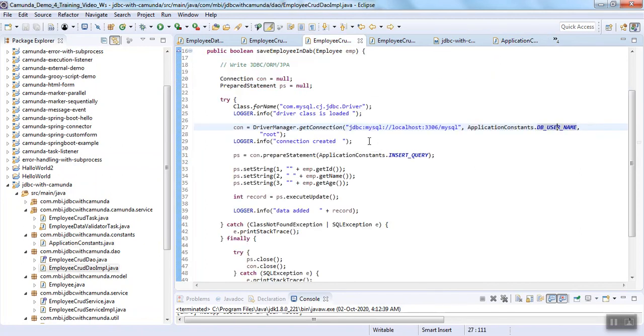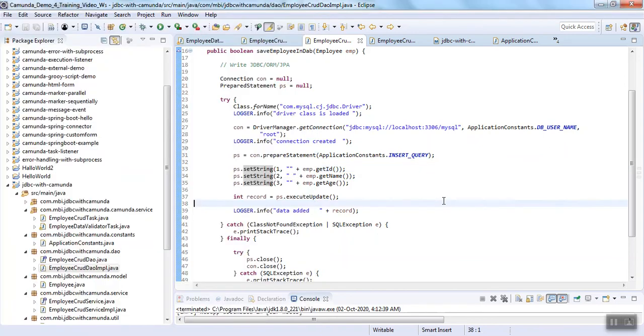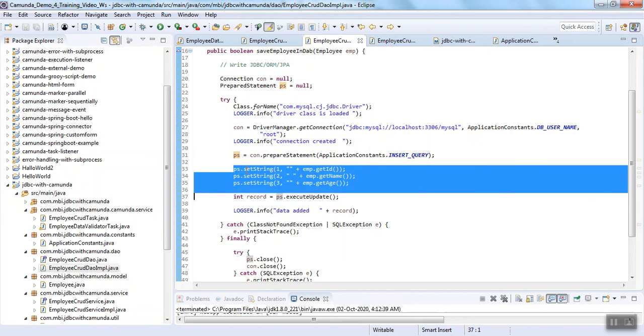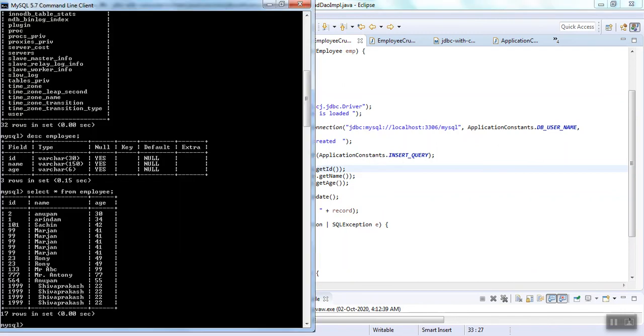Now let's go back. So once you got the connection, with the help of that connection, you are saying that, hey, I want to get the prepared statement for what? For this specific query, that is the insert query. Once you got this one, you can set the things like set string. Okay, in the database end, you can see all these things are varchar. All these 3 things are varchar, so that's why while setting I'm using string. Though in the Java end it was integer and string, in the database end I have all strings, so that's why I'm setting it here. Then I'm providing the index 1, 2, 3, like here column index,